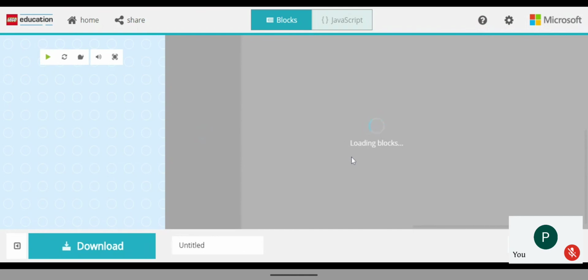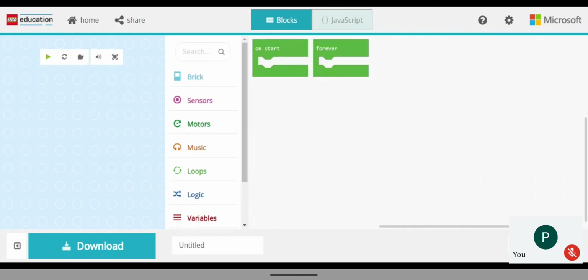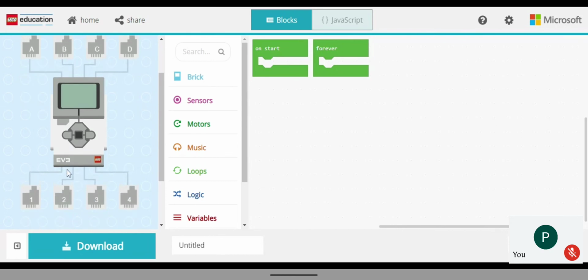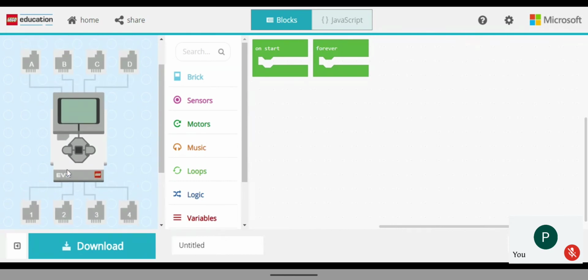Yes, sir. I also tried it, sir. I'm asking, what did you do with this one? I made a jumping man like thing, sir, but it got deleted when I changed my Chrome tab user name. Okay. So if we have a physical EV3, what can we do? We can make different kinds of models with the parts we have.